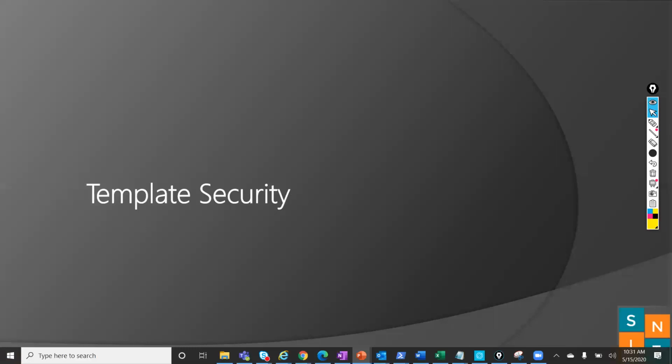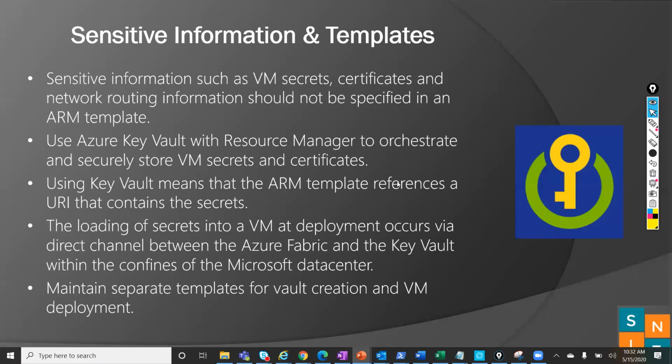Let's say in the template, we are giving some confidential data like usernames and passwords. How can we secure them without giving the username and password? If someone has access to these templates, he can have access to the usernames and passwords.